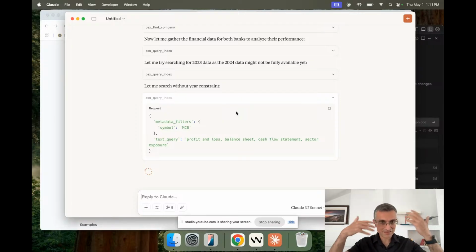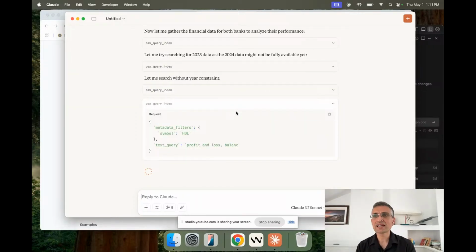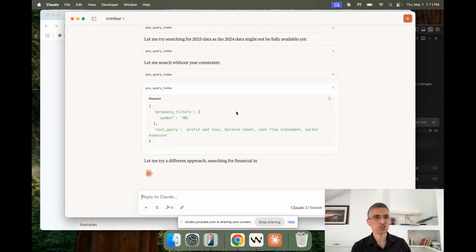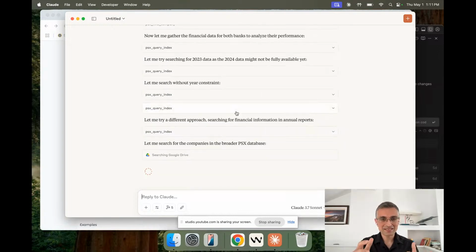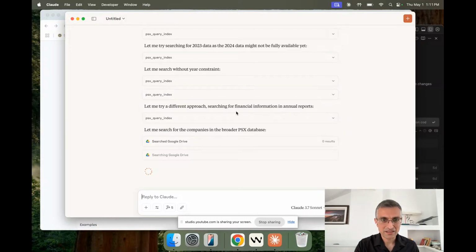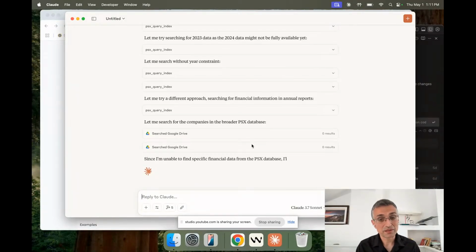It's basically just going ahead and running these searches. The CTO at Hugging Face had a really cool definition of agents, where he said an agent is an MCP client running on a while loop, right? Like, okay, well, I don't really want you to check my Google Drive, but anyway, since I'm unable,